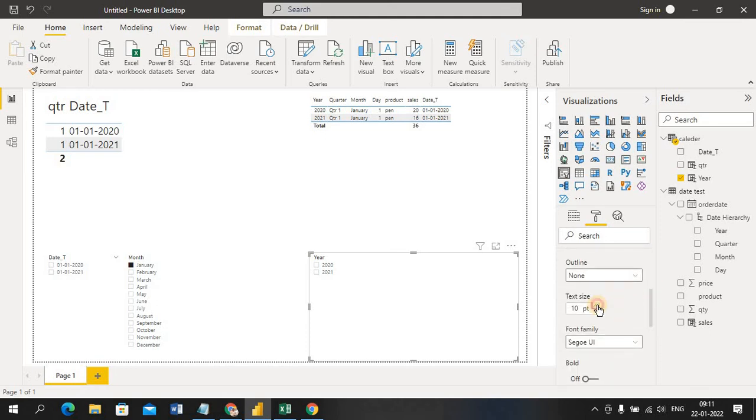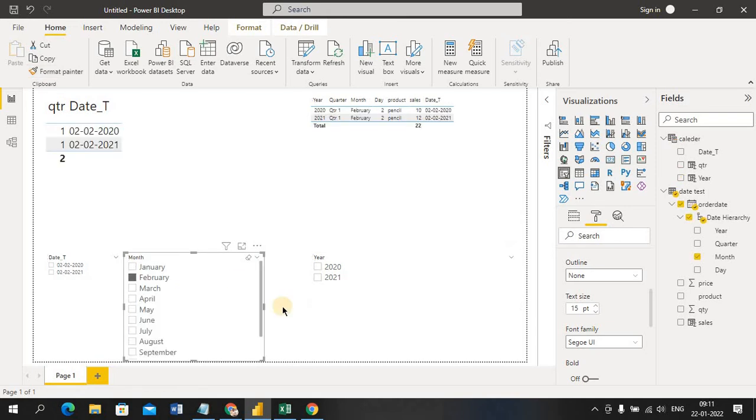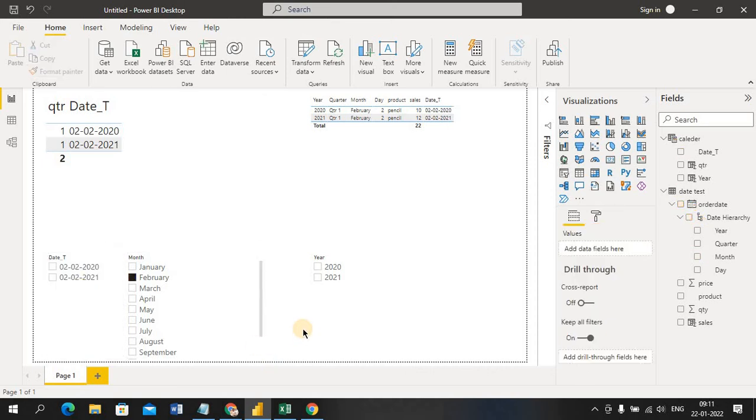Now I'm going to give the same format to this. Okay, format painter, this, the same format, and this. Now I want to see my sales, right?